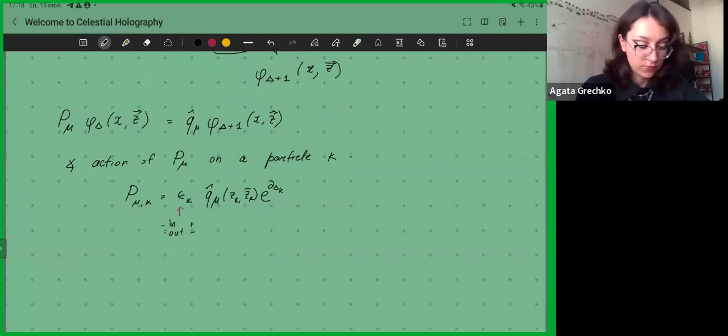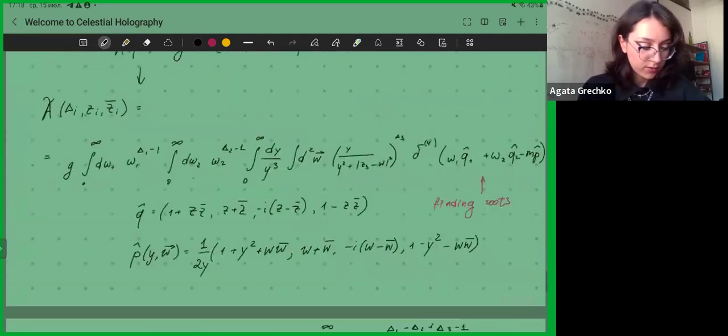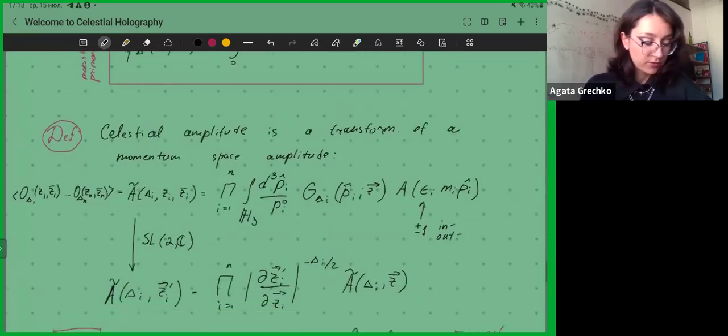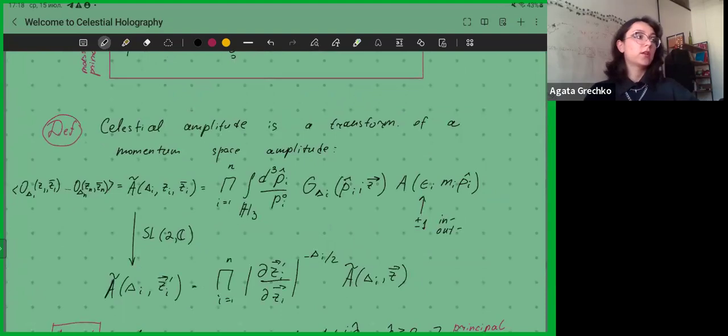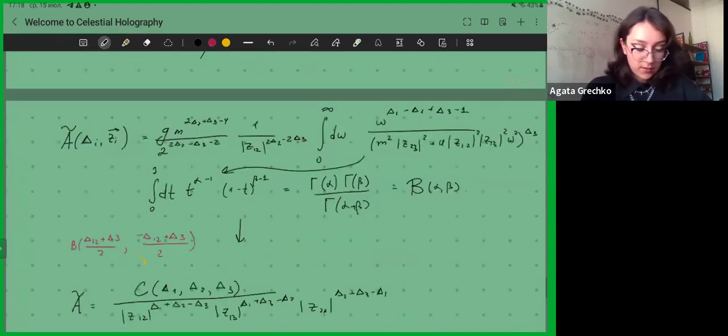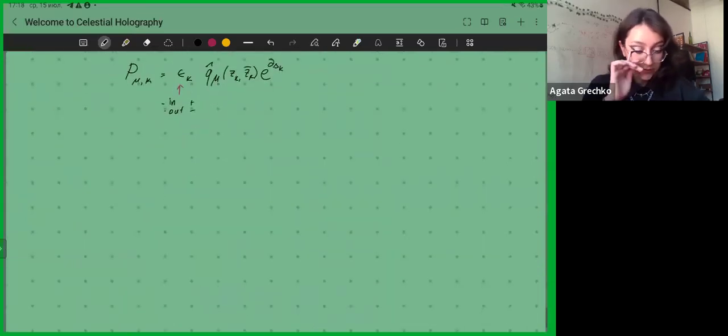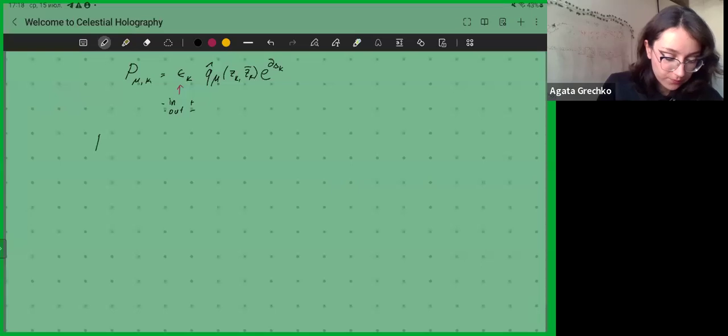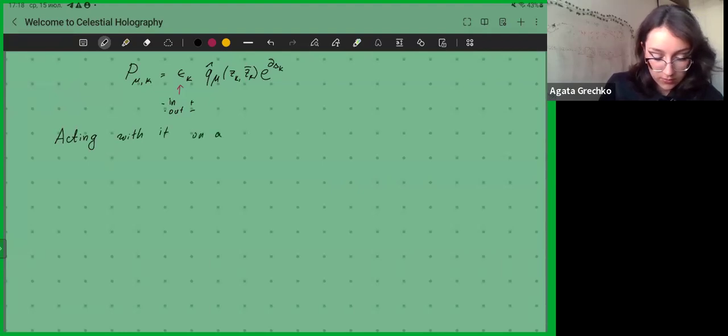Okay, so that was a little remark on the celestial amplitude, that we can just write it down as the correlation function of some primary fields. Okay, great. Now let us finally act with one of the translational generators on celestial amplitude. So acting with it on a celestial amplitude, we get